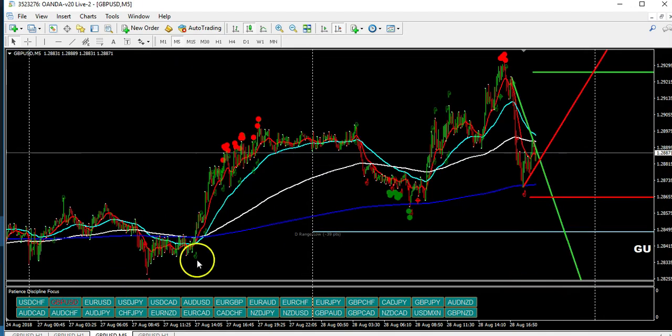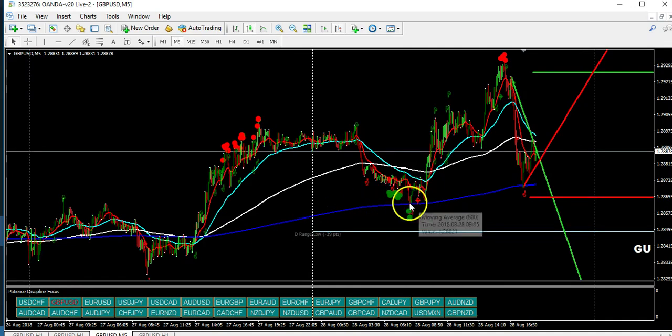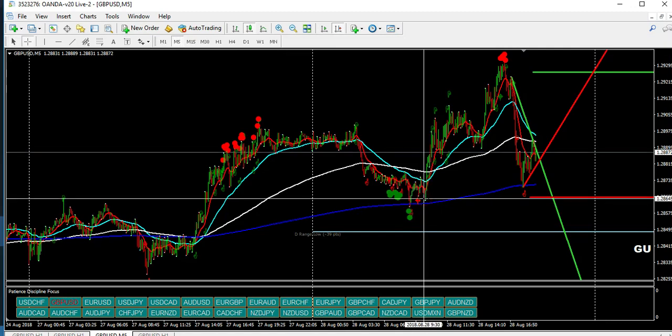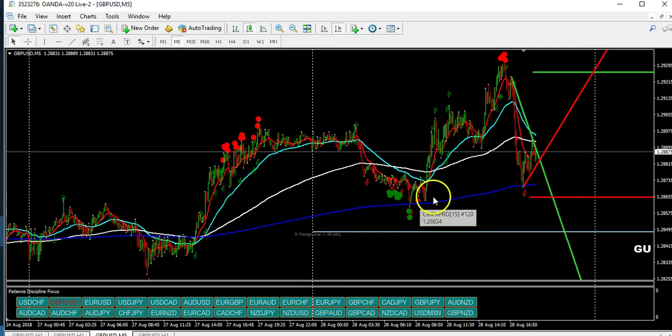So let's continue. GU had this nice low exhaustion safety entry out of London session. Yep, it's a nice London session entry off of the 800. Very strong conditions: exhaustion, safety entry, 800 hit, back in line with trend. And you had this high exhaustion here at M5, immediate drop. So right there,